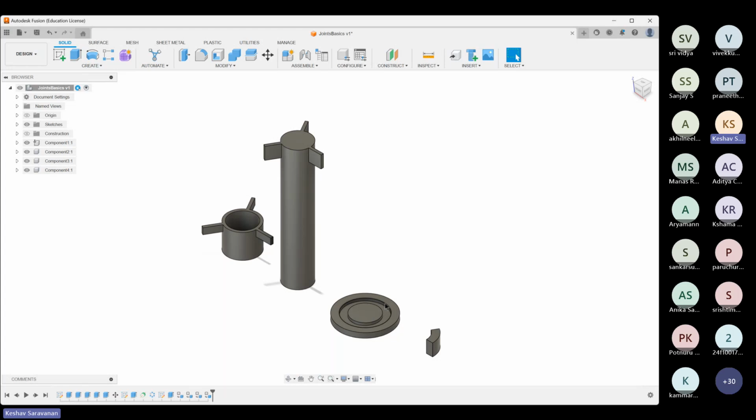Okay, so what about now? I'll show you with these two bodies. So again, I'm going to hit J for joints. I want to fit this smaller body exactly into this depression over here. So what I'm going to do is, you notice when I place my mouse on the edge of this second body,